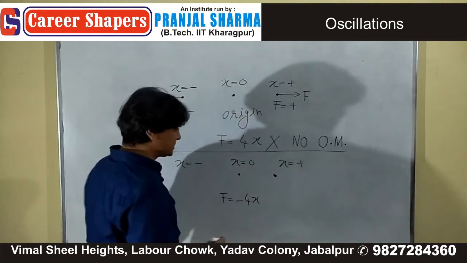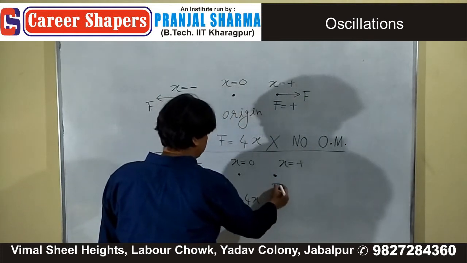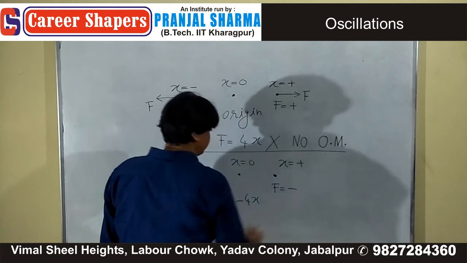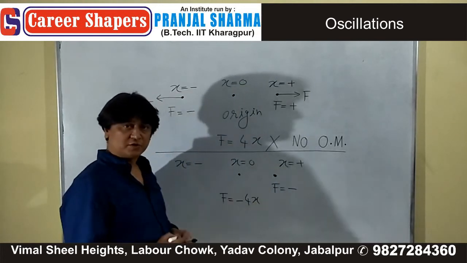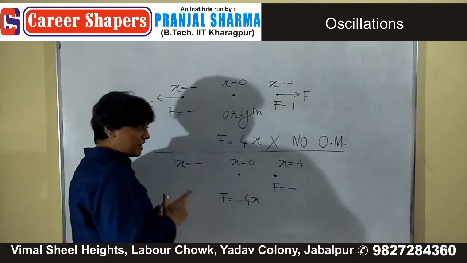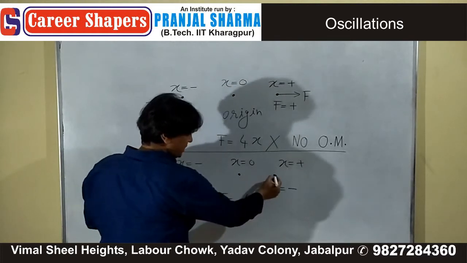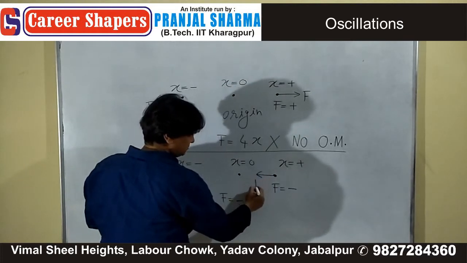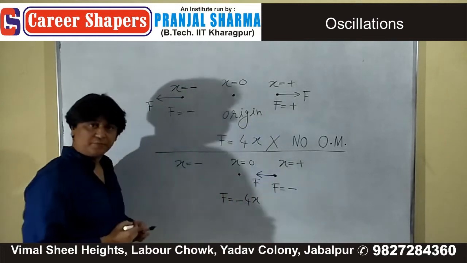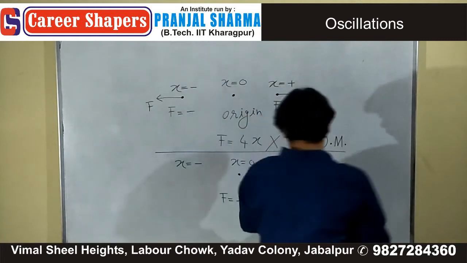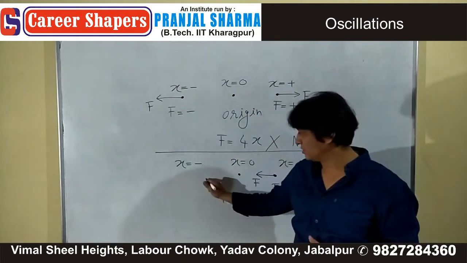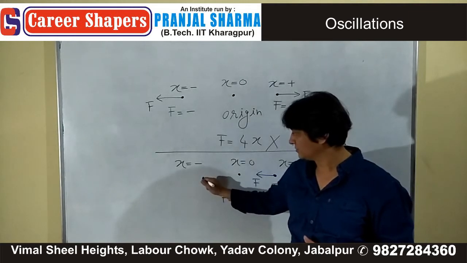What is minus sign? If force is coming negative when x is positive, that means force is acting in this direction, this way. And when the object is on the left hand side,